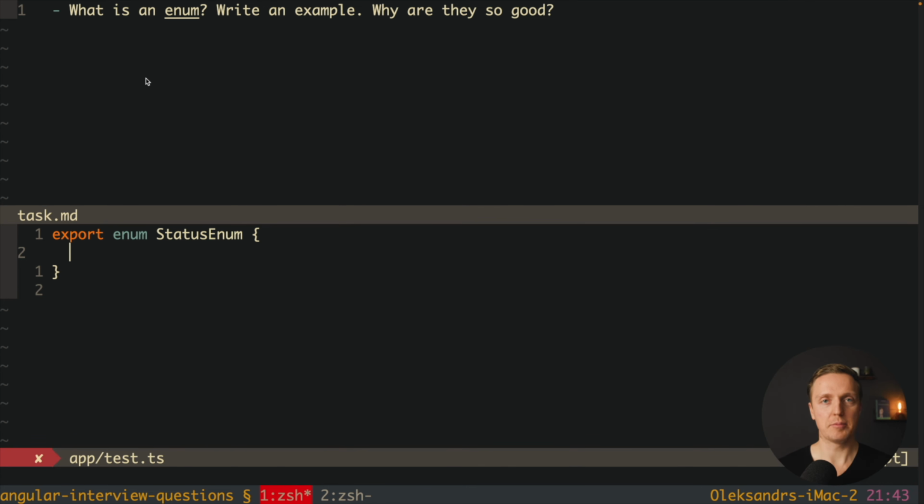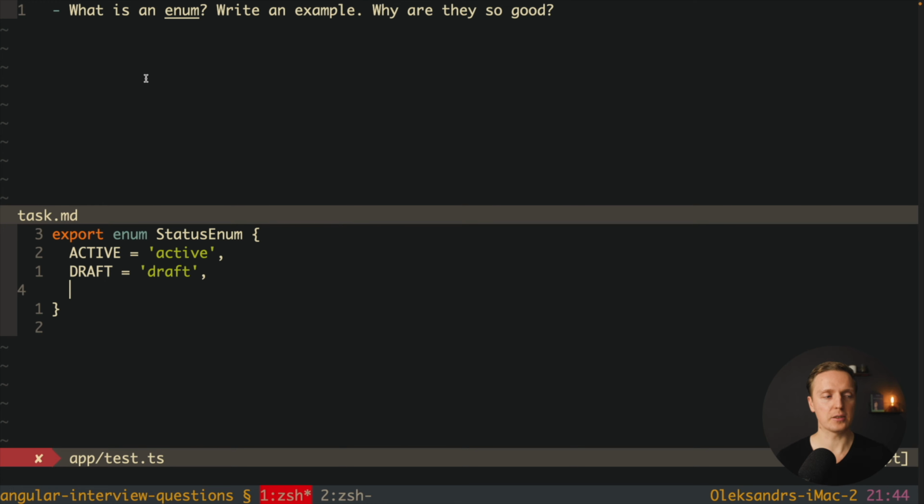And typically we're naming our keys uppercase, but it doesn't really matter, this is just a code style. So here we can create an ACTIVE key, but here we don't put a colon but an equal sign, and here we're assigning 'active', then comma, and we have the next status, which is possible. Here we're writing DRAFT, and the value is 'draft', and the last one here is ARCHIVED, and the value is 'archived'.